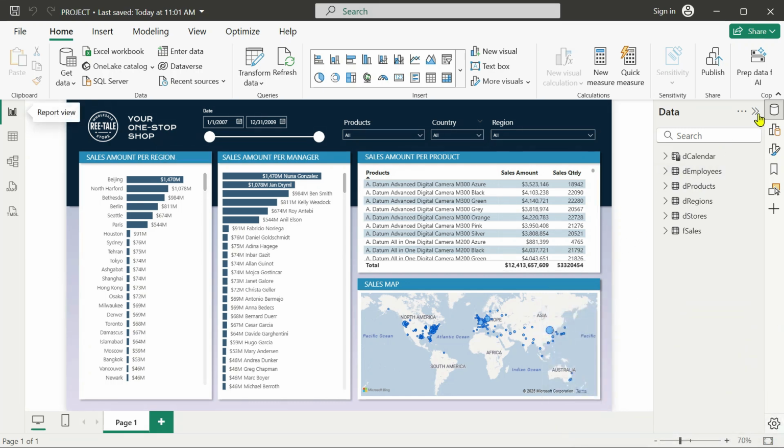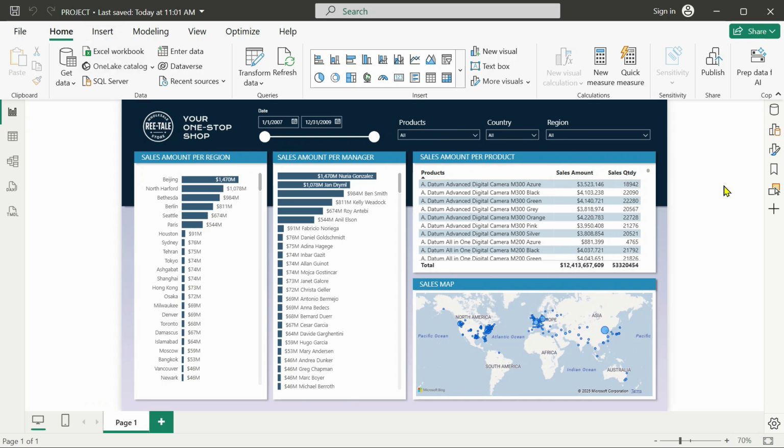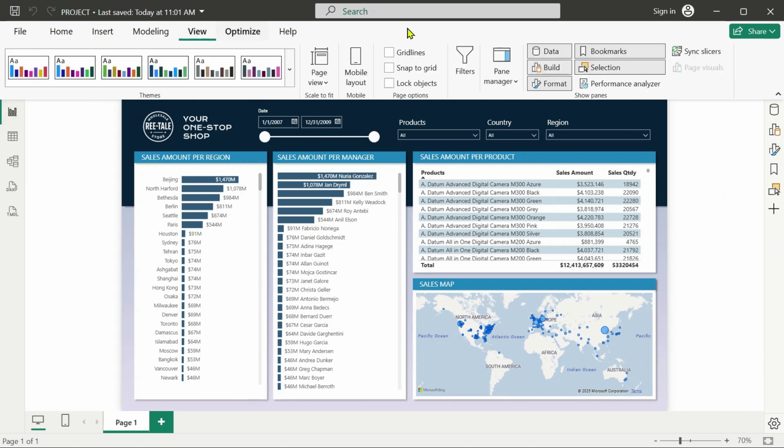And now let's take a quick look at the pane manager. So in the report view, if you click the view pane, you will see pane manager. All of the panes that you see on the right-hand side of your screen can be managed from here.